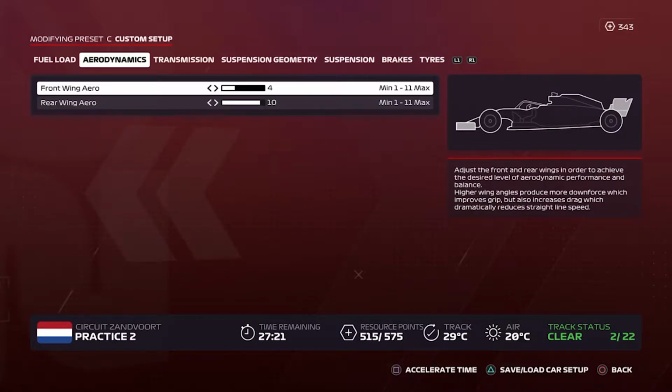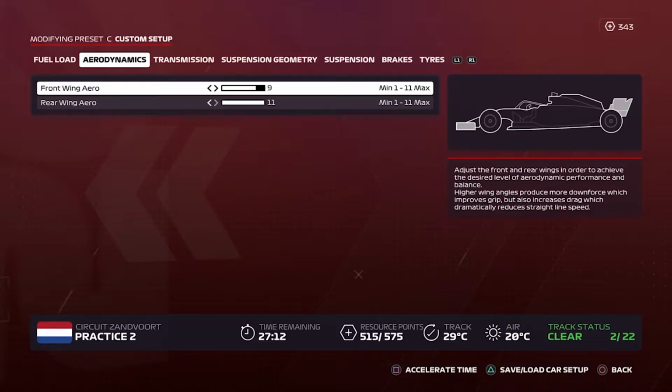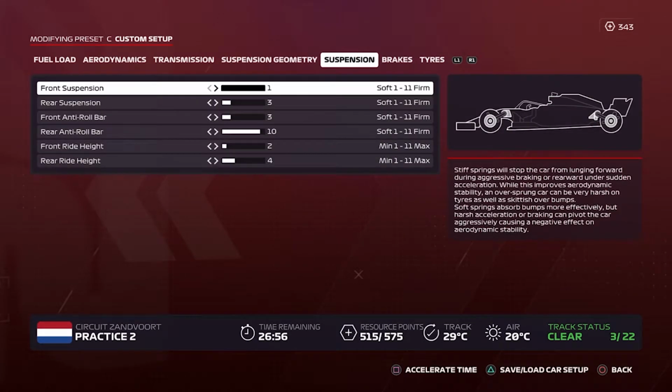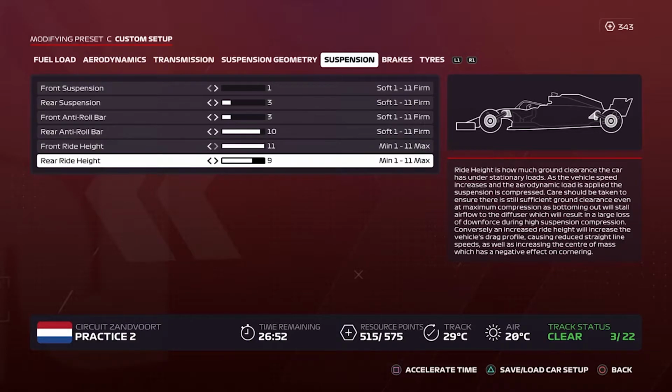Due to it being a wet race, I might run a wet setup, which will probably be 11 wings, just so we've got max downforce. Maybe 9-11 for wet weather actually. I'll probably turn the diff all the way down, just so that there's less chance of us spinning out. Suspension geometry probably would keep the same. Suspension, I probably would max out the ride height just so that we've got maximum